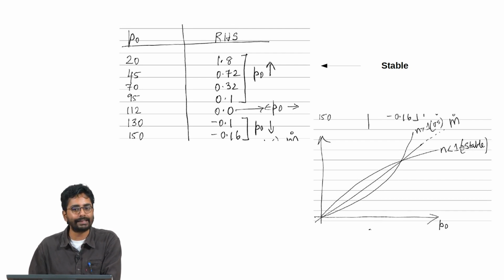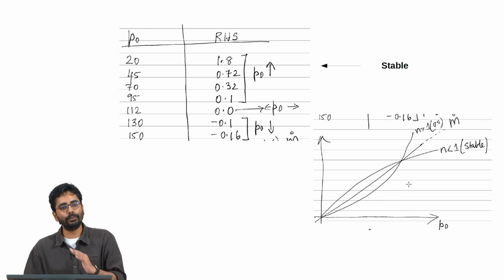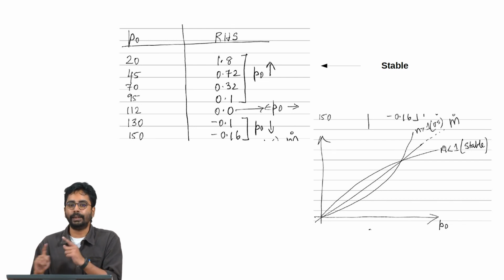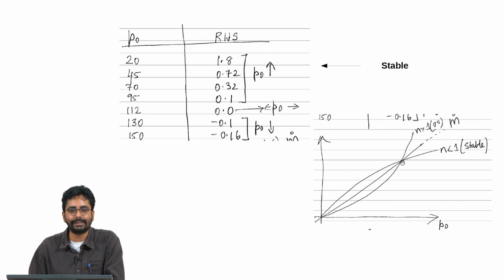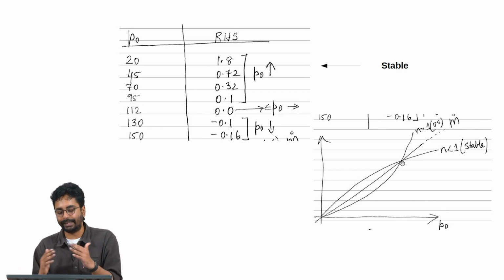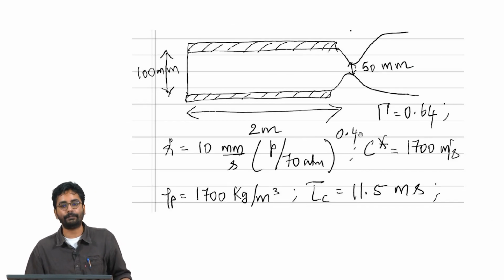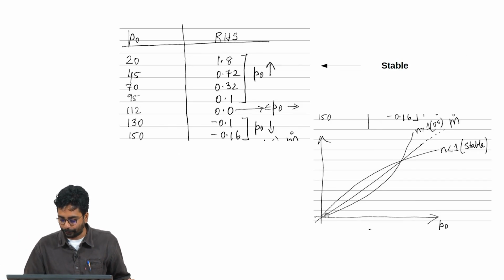You can see two curves, one marked n less than 1, one marked n greater than 1. The n less than 1 curve goes above the straight line till some pressure and then crosses the straight line at a certain pressure. The point where it crosses over is the equilibrium point, that is where the right hand side is 0, and that is the equilibrium pressure. If you drop a vertical from that point, you will get 112 atmospheres for the case I described in the previous slide. Remember that the index of this propellant was 0.4, therefore n was less than 1, and therefore this curve and the straight line are representative of what is happening in this rocket.